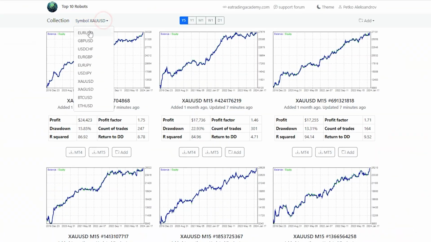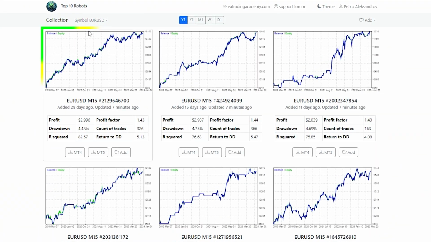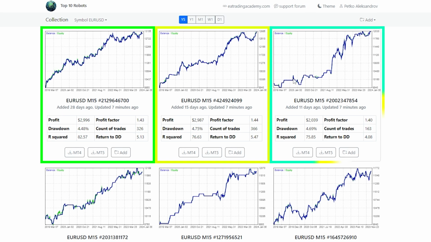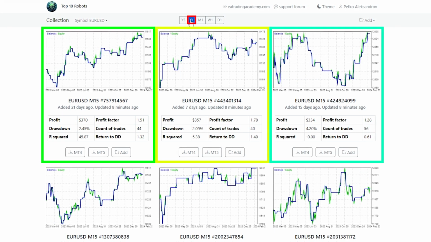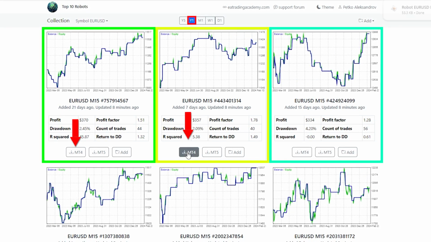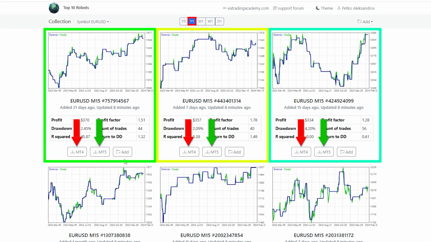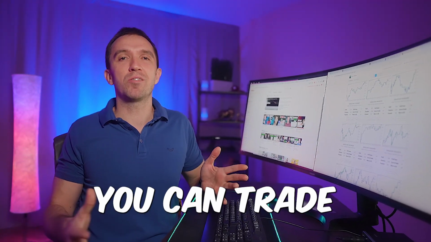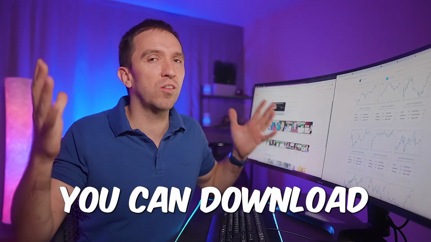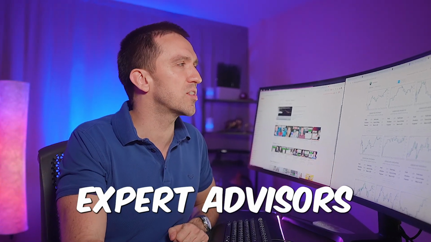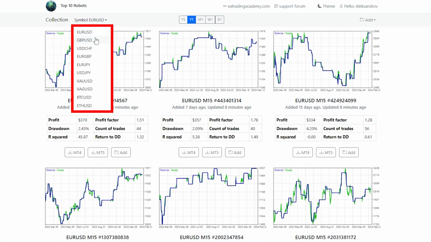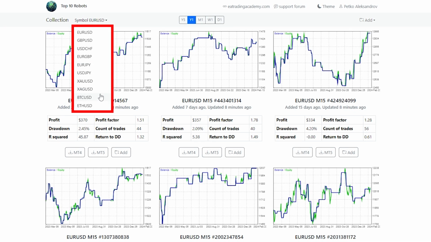For example, if you want to trade Euro Dollar, you can select the top 3 performers in the last 1 year, and you can download these expert advisors for MetaTrader 4 or for MetaTrader 5. But this is just an example. You can trade all of them. You can download all the expert advisors from Euro Dollar, Pound Dollar, and the rest of the currency pairs, or